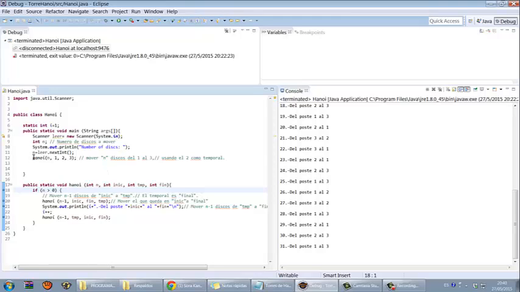and this is the recursive method for the towers of Hanoi, and indicates the numbers of the disks. One is for the initial tower, two is the temporal tower, and three is for the final tower. So if n is more than 0,